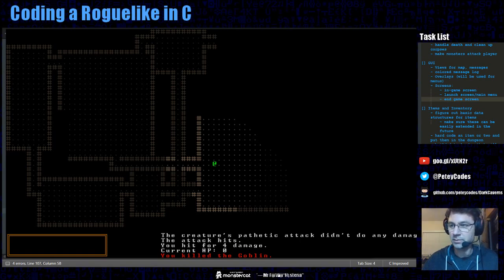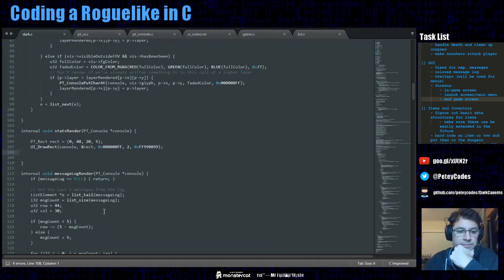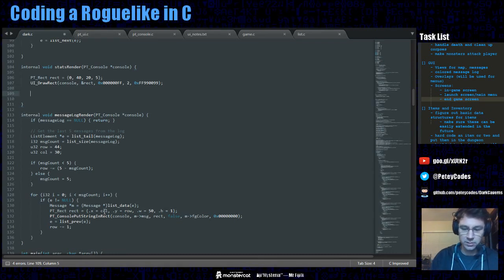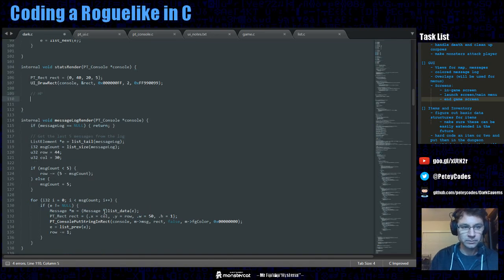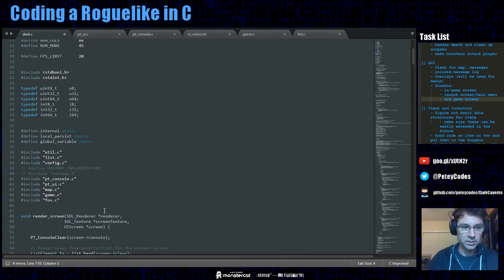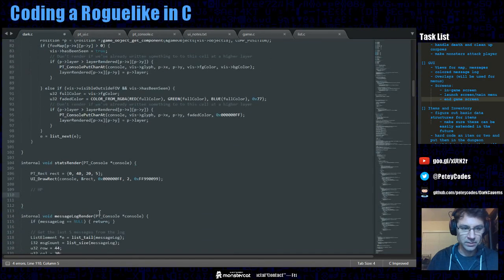So let's add in HP stat. What we're going to want to grab is, let's get a reference to the player. I think the player right now is global. But let's do